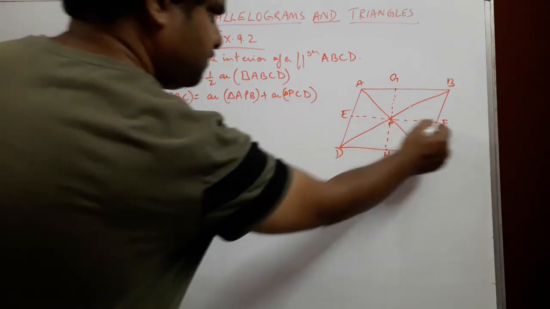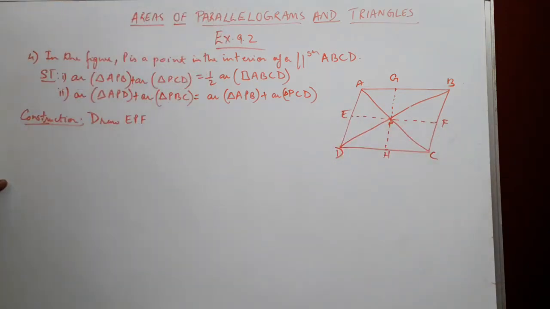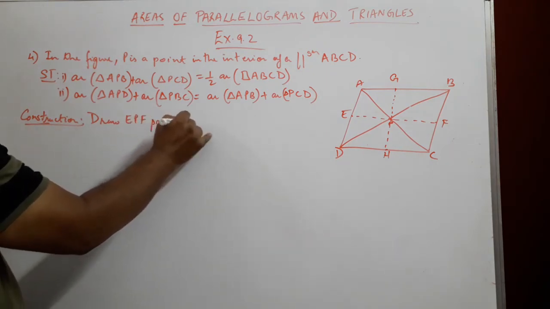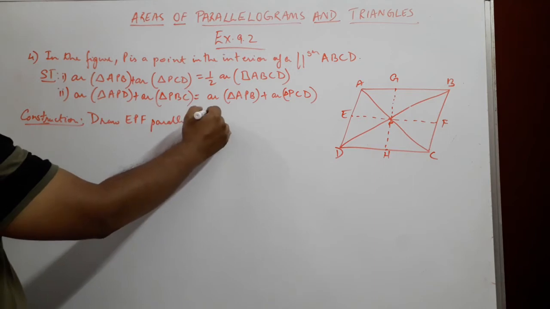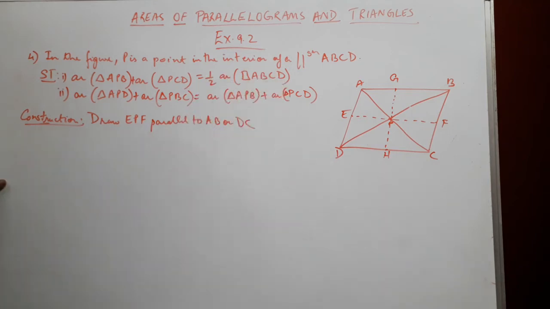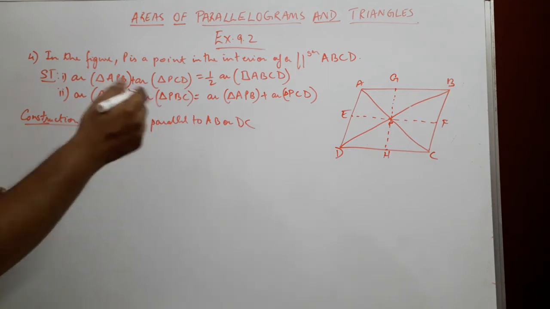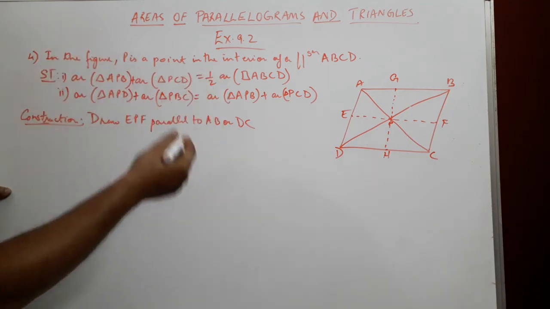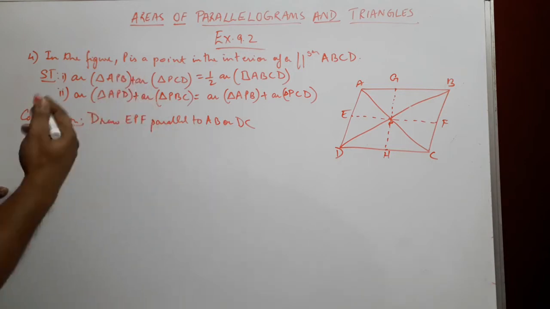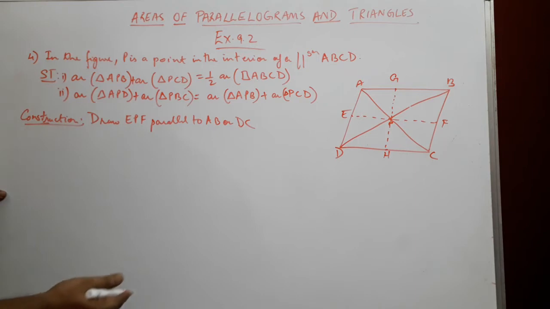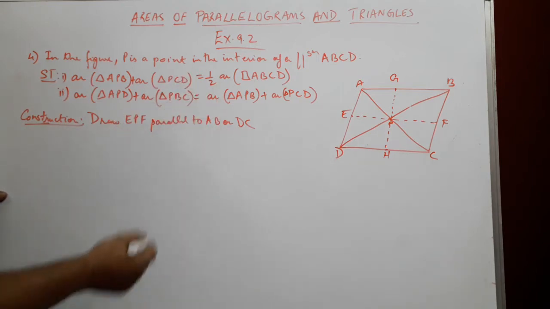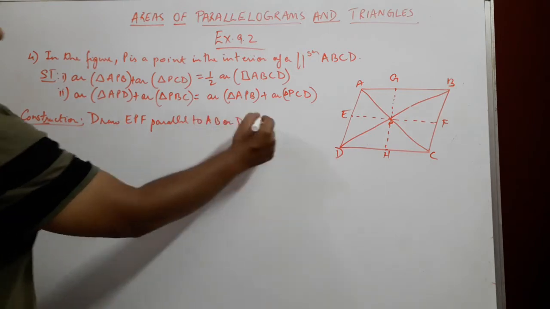This is EPF, and this line is parallel to AB or DC. Actually AB and DC, basically. If you make it parallel to one of those lines, it has to be parallel to the other line, because we know that opposite sides of a parallelogram are parallel to each other, and we are given that ABCD is a parallelogram. Fine, continuing,